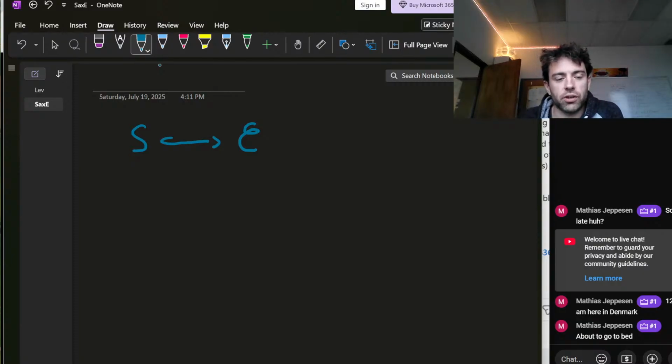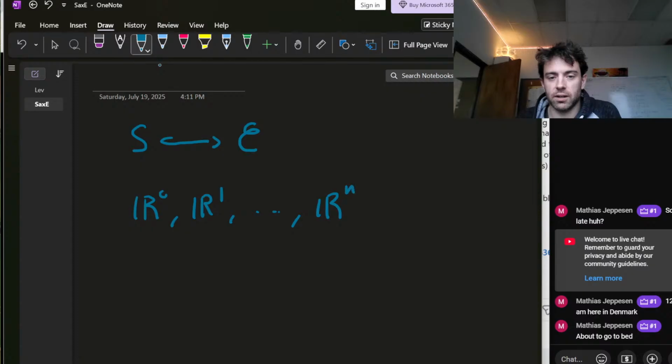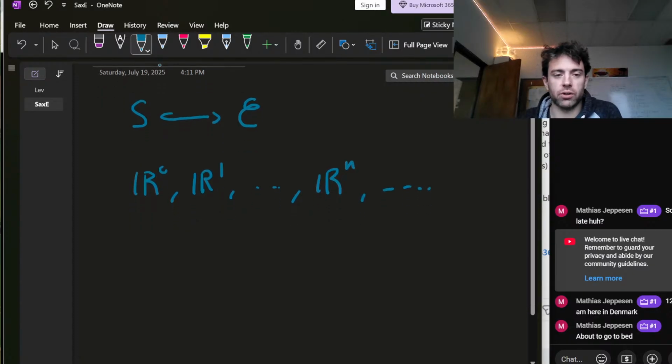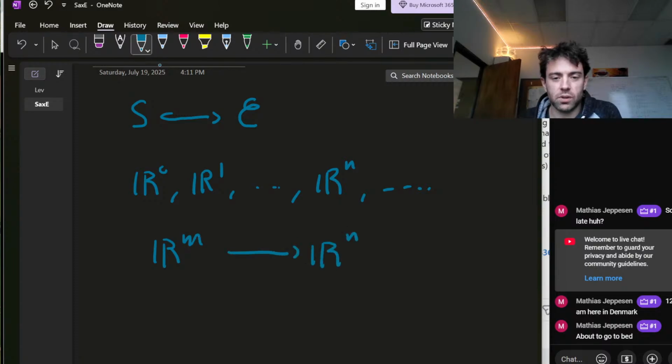So a classic example is like you could take the category whose objects are the vector spaces R^n for all finite n, and whose morphisms from R^m to R^n are just n by n matrices,